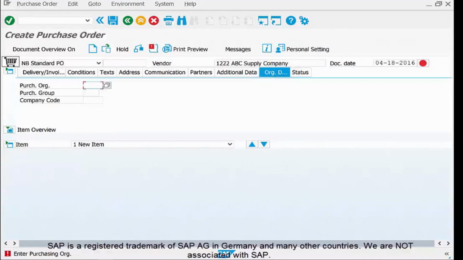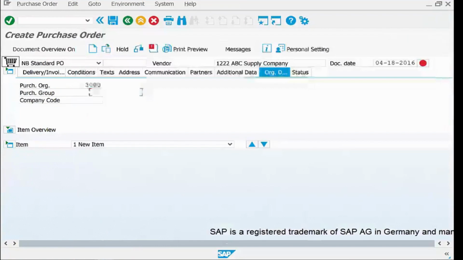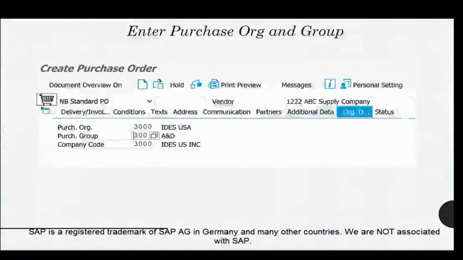Guys, please note, once you start to process any purchase order or purchase requisition, if a mandatory entry that is really necessary to process that PR or PO is left blank, then SAP will definitely show you that error and will not allow you to go further until that error is rectified. In my case, it is showing enter purchasing organization. In my case, 3000 is the purchasing organization, purchasing group is 005 and company code is again 3000.